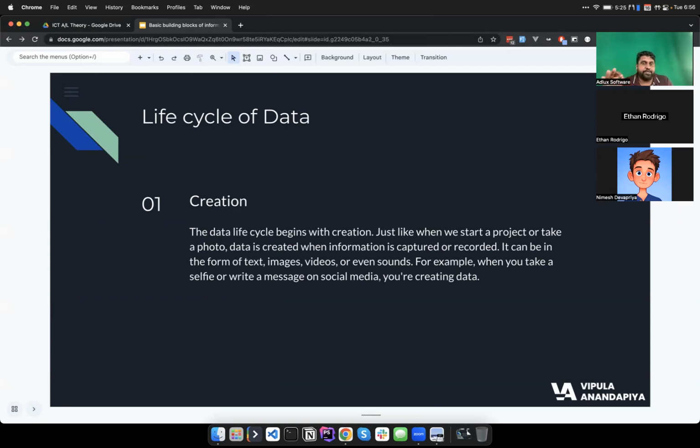Just like when we start a project or take a picture, data is created when information is captured or recorded. So it can be in forms of text, images, videos, or even in sounds. For an example, if you take a selfie or write a message on social media, that means you are